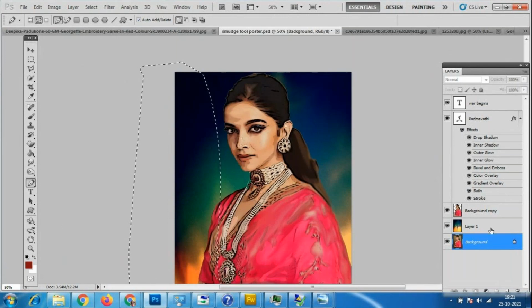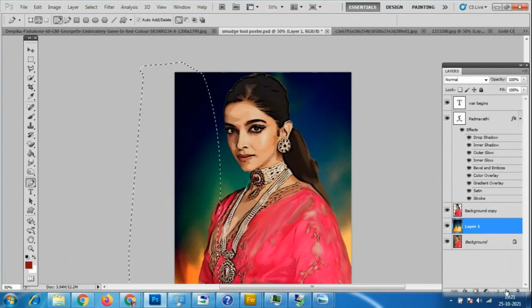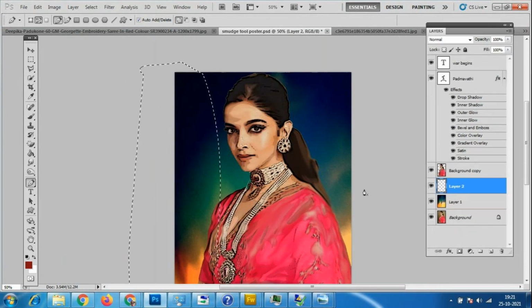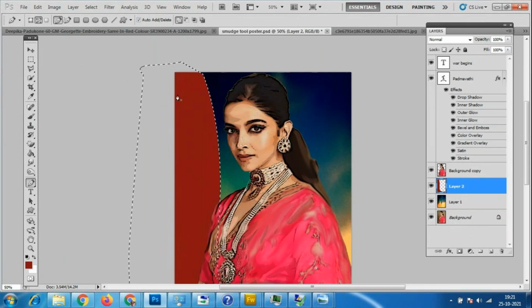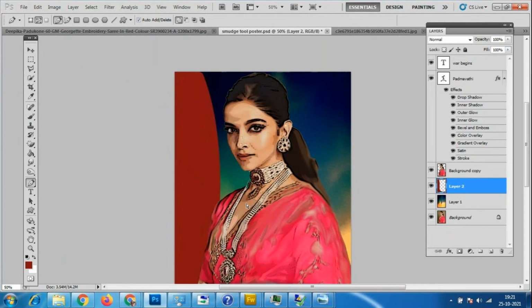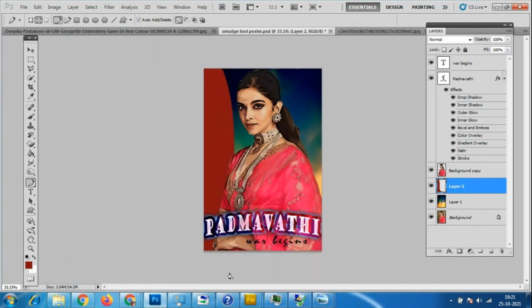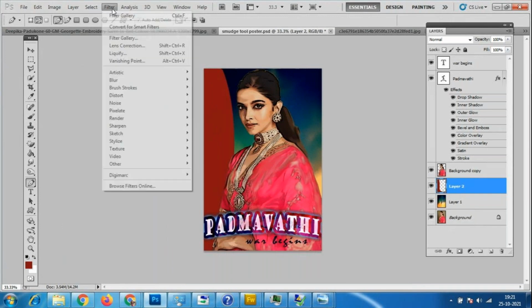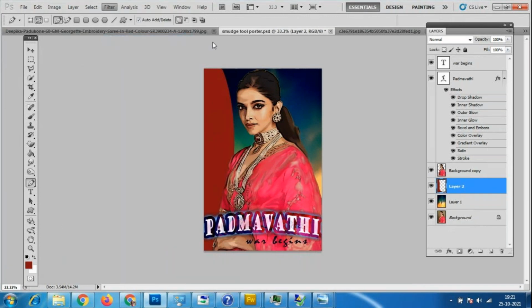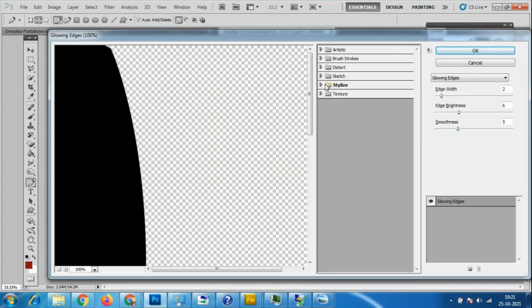Here, after the background, I'm taking a new layer and giving any color, a gradient color, any color. See, I have added a single color for this. For this, I'll go to the filter gallery and check whether I can give some texture.